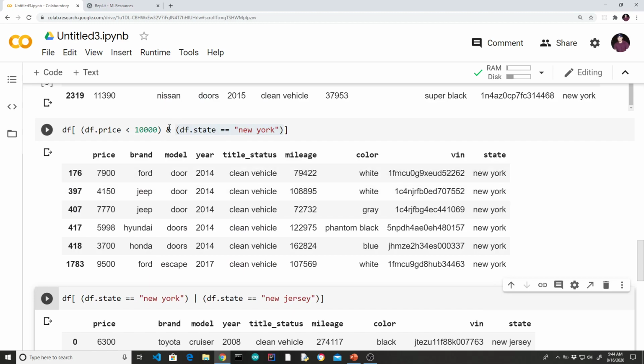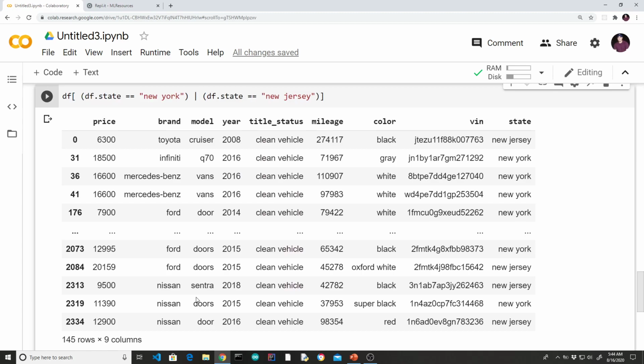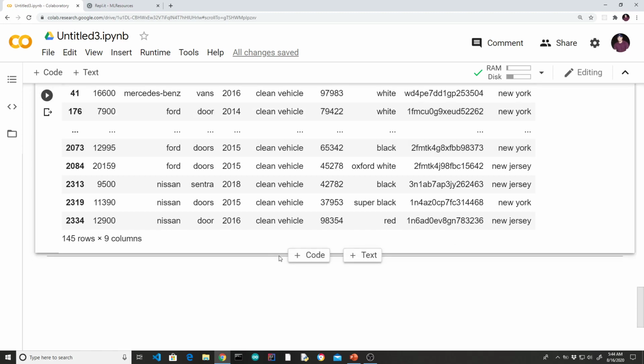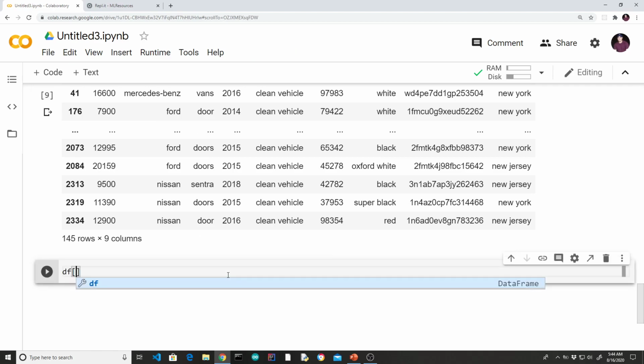So here's the AND operator. Here's the OR operator. Now let's get a little more sophisticated. Let's say we wanted to check for a couple of states. Now hopefully you can appreciate that this would be annoying, to have to do DF state equals New York, or DF state equals New Jersey, or DF state equals Connecticut, and so on. So what we can do, Pandas has a nice function that lets us specify a bunch of columns in one shot. So DF